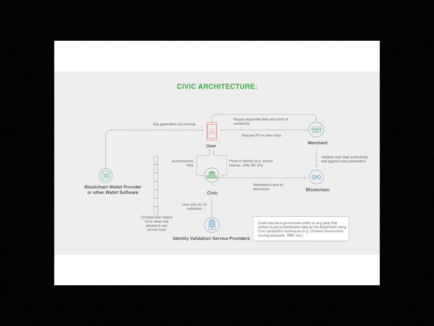Another party then requests your information. You get to see exactly which data is requested and then choose whether or not to approve the request. If the request is approved, that information is passed along to the requester, who can then use the Civic SDK to check the blockchain and ensure the verification hasn't been revoked.